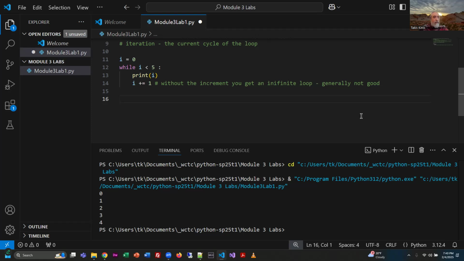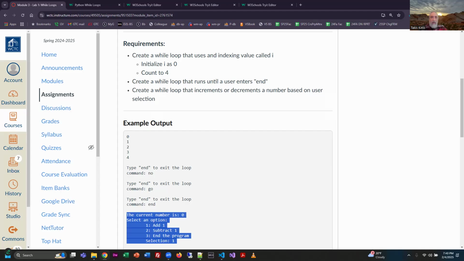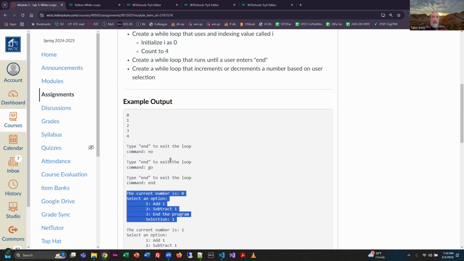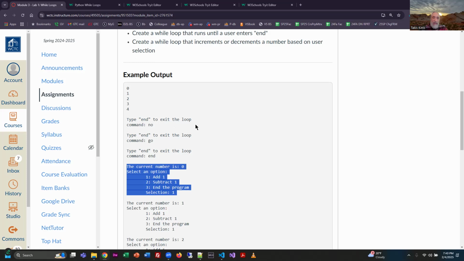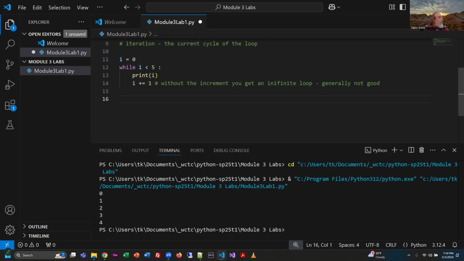The next prompt was to have the user do this. So let's go back here and take a look really quickly. It says: create a while loop that runs until a user enters the word "end." Notice that we put the message on the screen letting the person know they can do this. So I'm going to mimic that. Now, some of you might say I should do a print statement first to tell them,